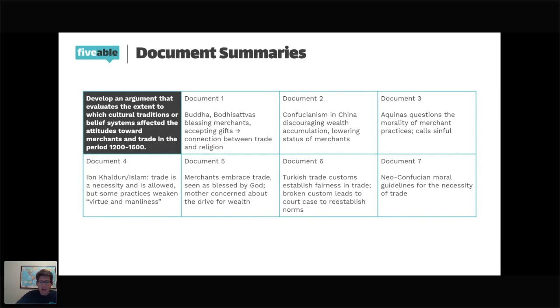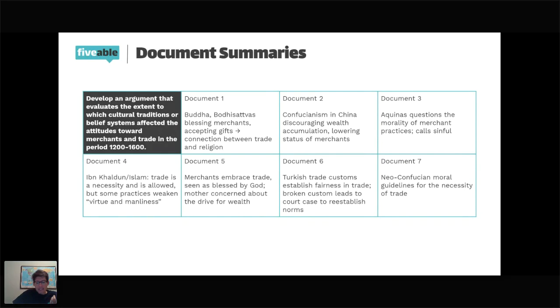Document 3. Now here we have Thomas Aquinas, Catholic saint, in one of his major works, Summa Theologica. And he is writing primarily about the morality of merchant practices. At least in my read through, again, you're probably looking at these sources very quickly, it should basically stand out. Here he calls the practice of merchants increasing prices more than they need to be, maybe kind of medieval price gouging here,